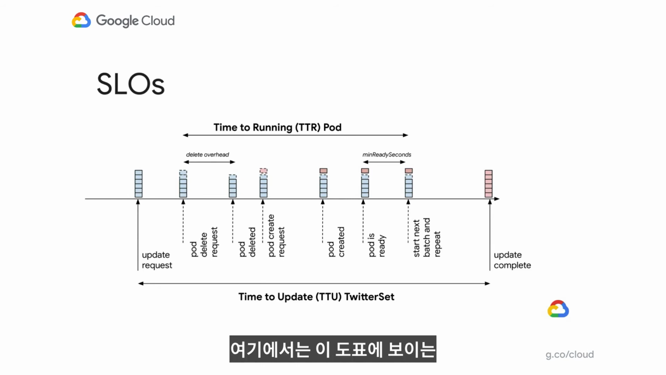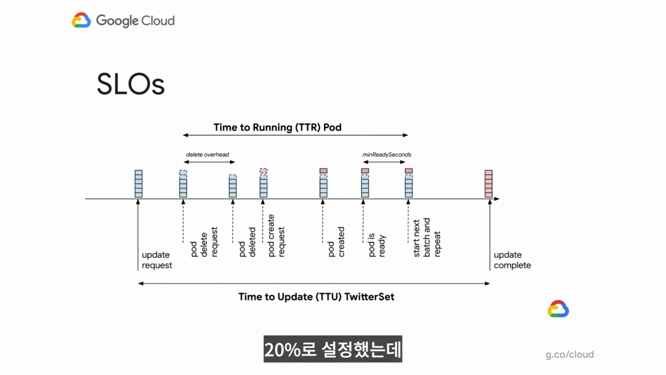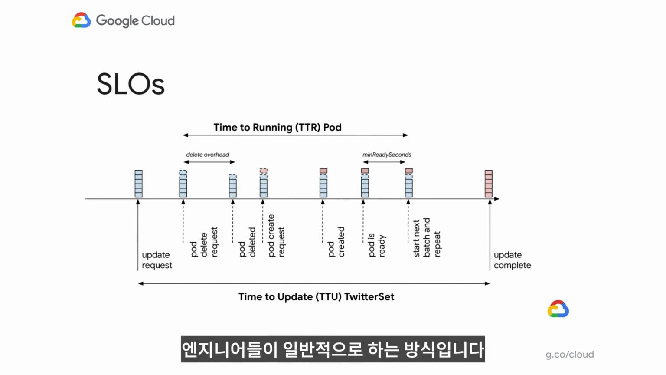I focused here on 2 SLOs that are demonstrated in this diagram. Time to update for a Twitter set, in short TTU, and time to running for a pod, which is called TTR in short. As the name suggests, TTU is the time it takes for a Twitter set to be fully rolled out. This obviously depends on the batch size and the rolling update strategy for the Twitter set. In our test, we set that to be 20% of the size of the workload, which is a common practice among our engineers. We targeted median TTU to be below 10 minutes for a Twitter set of a size of